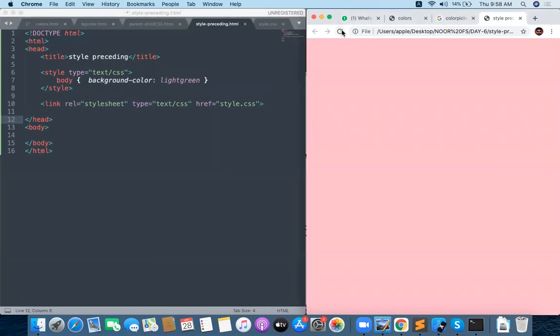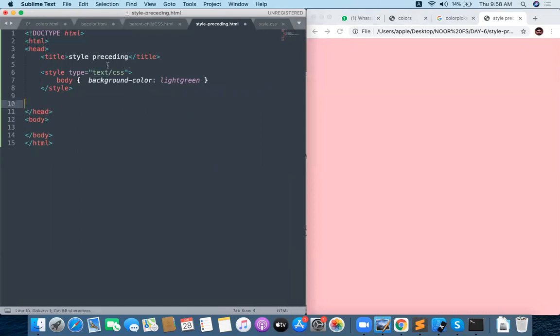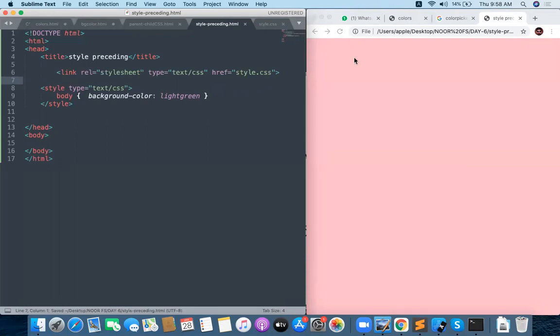Can you see this? Now, if I move this link up to the top, what is happening now? Got it. So it is completely line by line execution. If you don't have inline, everything will be like this only.